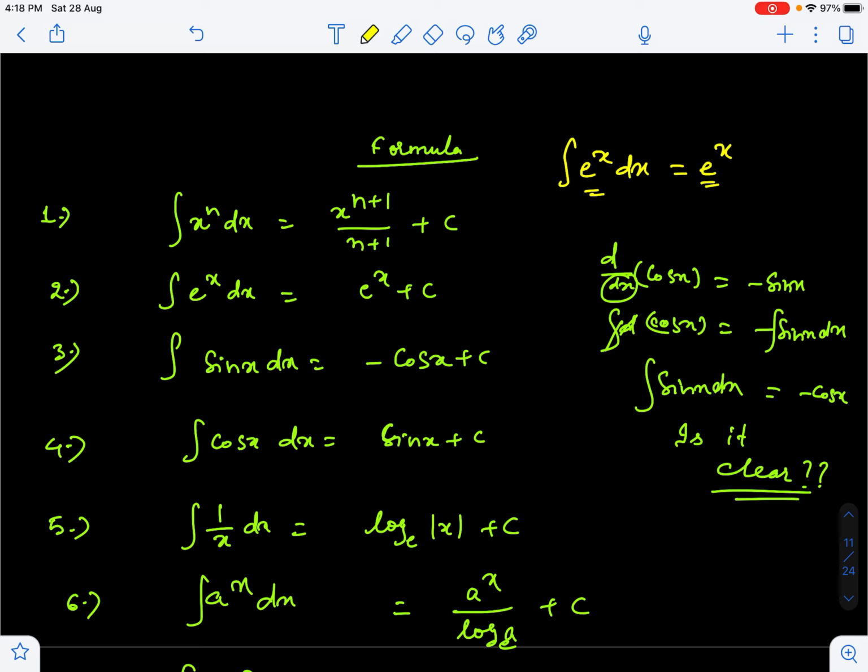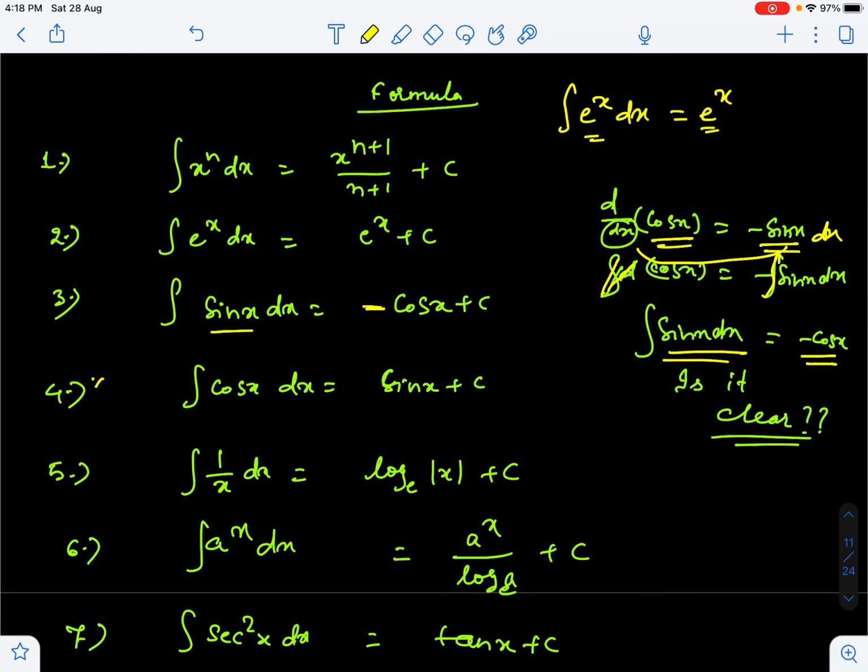So next I can ask you, what is the integration of sine x? Don't get confused, because most students say that the integration of sine x is cos x. It is minus cos x, because d by dx of cos x is minus sine x. So when I take dx this side, sine x dx, and take integration, integration and differentiation cancel each other out. So this is minus cos x. Integration of sine x dx is minus cos x. But the integration of cos x is sine x only.